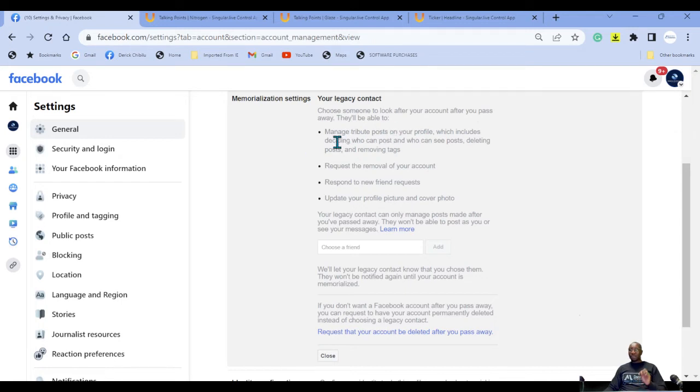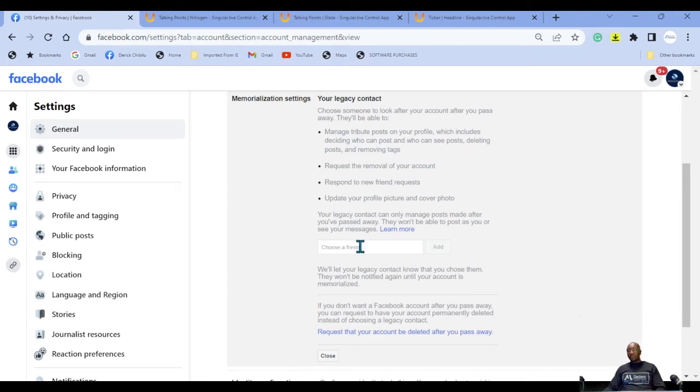They will be able to manage tribute posts on your profile, which includes deciding who can post and who can see posts, deleting posts and removing tags, requests and removal of your account, responding to new friend requests, updating your profile picture and cover photo. Your legacy contact can only manage posts made after you have passed away. They won't be able to post as you or see your messages.